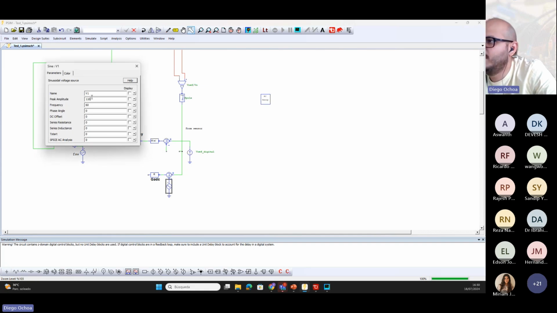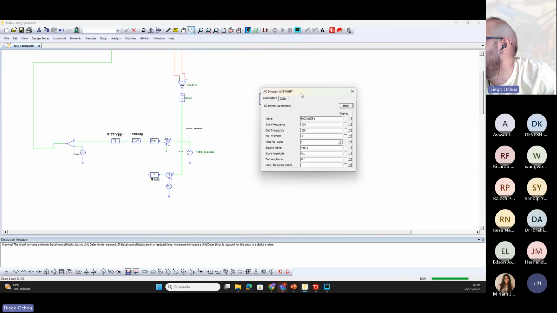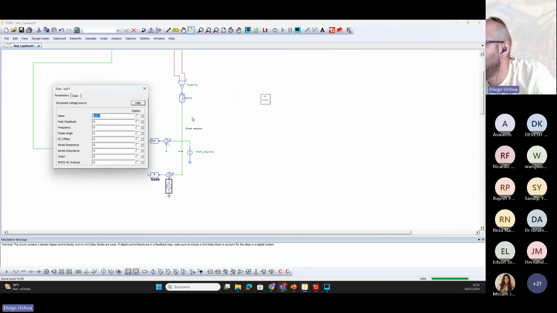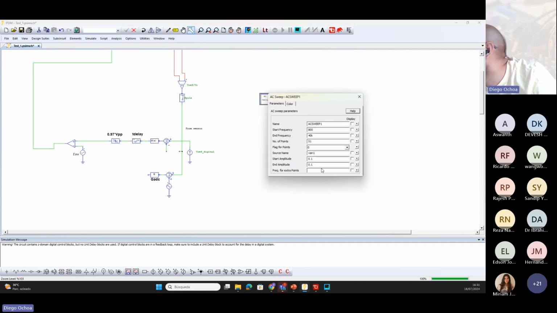Okay. I set the peak amplitude to 0 volts, frequency equal to 0, and the name I want to change to SIM1. So in the AC sweep parameters block, I want to set the start frequency to, for example, 8 hertz to 40 kilohertz. The name of the source has to be the same for this element. So BSIN1 and the AC sweep function BSIN1. Okay, and the amplitude of the perturbation equal to